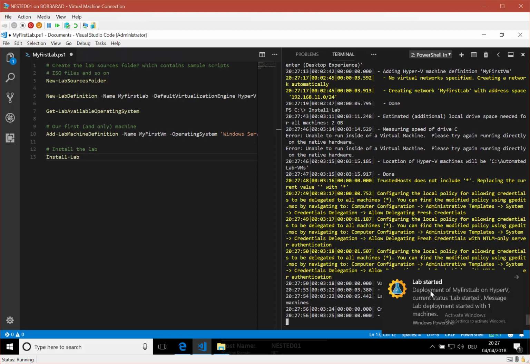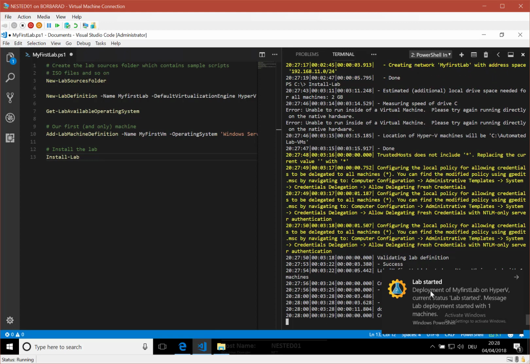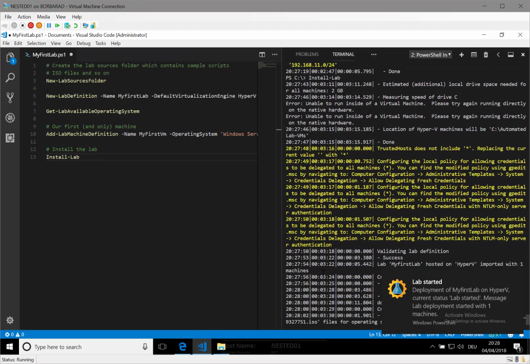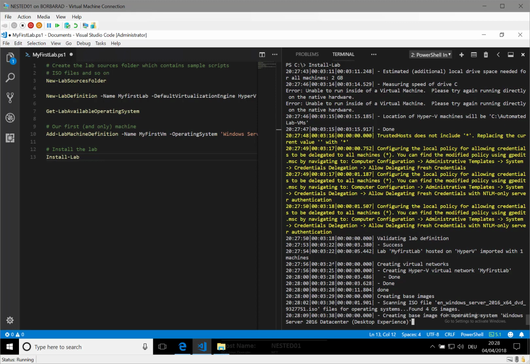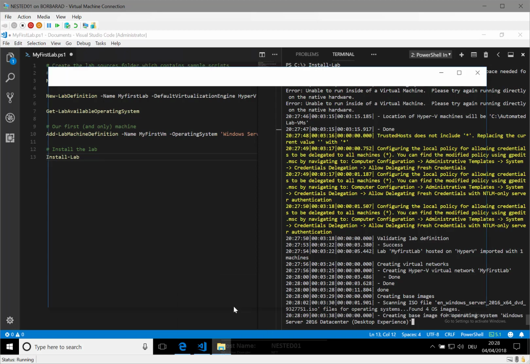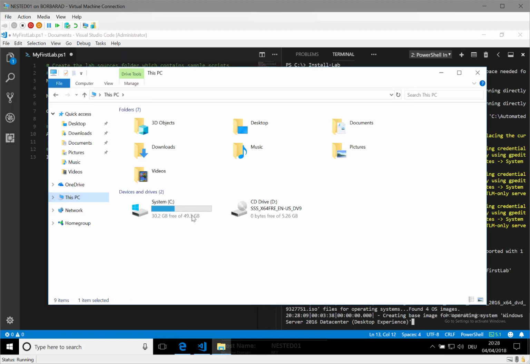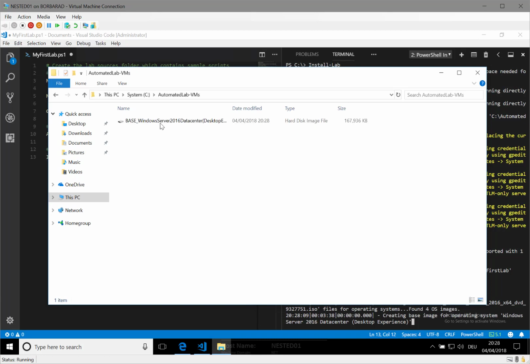And you can see here, the lab deployment has started on our machine. We get a little toast notification for that, and you will get another notification once it's done. This might actually take some time because we will create the base image first. These base images will get stored in the folder AutomatedLab VMs and will be used subsequently so that your lab VMs will deploy even faster.